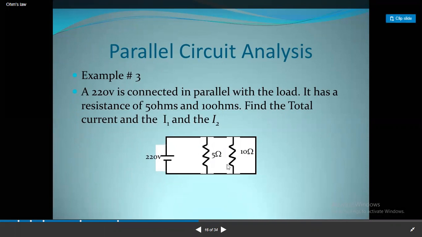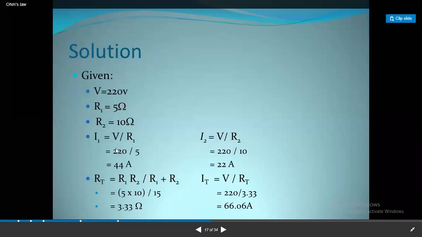So simply what you can do is, we know that here the voltage is 220. What is the voltage over here? If it is a parallel circuit, I mentioned to you that the voltage is the same as over here. So here the voltage is 220. Here also the voltage is 220. Therefore, for the first circuit, we can put V equals IR. V is 220, resistor is 5.